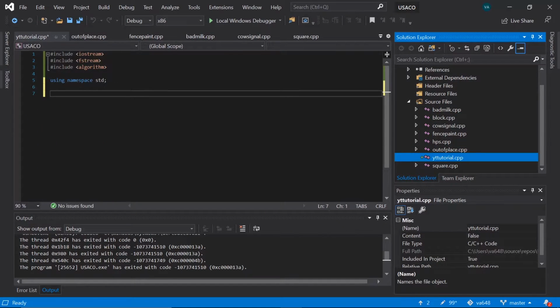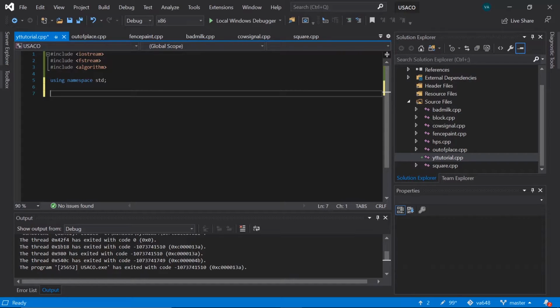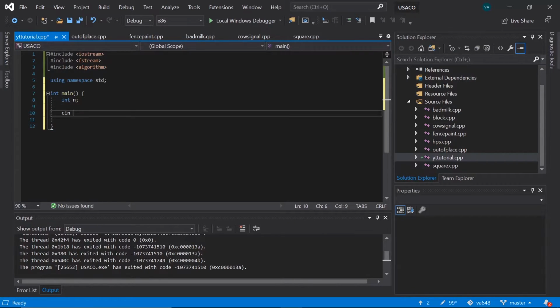Okay, so I'm here in Visual Studio. This is my solution for all past USACO. You can see I've been doing quite a few lately, just getting in the rhythm, getting into the grind. So let's start off by declaring our main function, and then we're reading in the first variable, which is int n, cin n. Oh wait, before that,